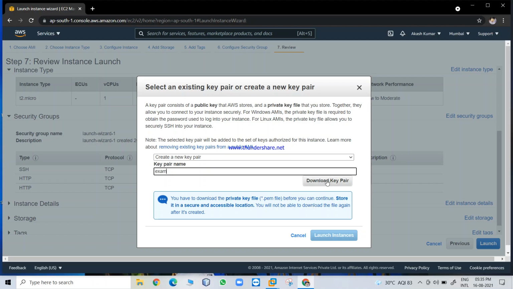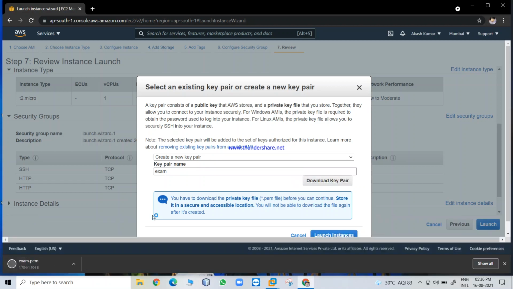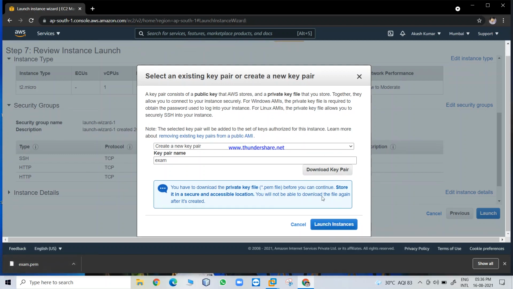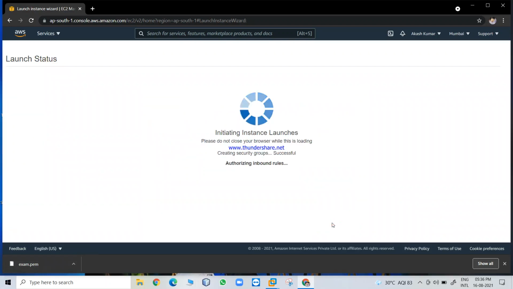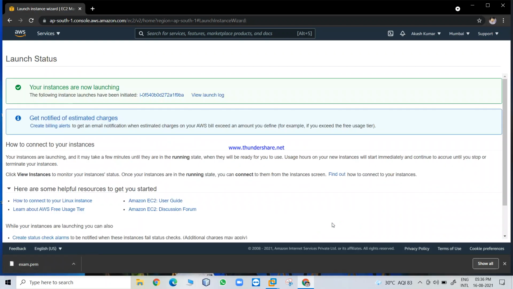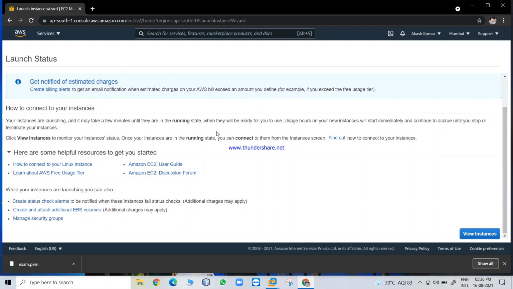Then from here we click on download key pair, and the key pair will be downloaded on the left hand side, you can see. Then we click on launch instance. Here you see it successfully says your instance is now launching. Then we click on view instances.